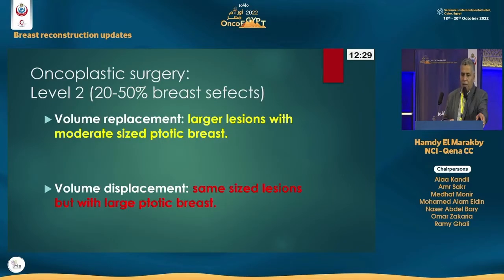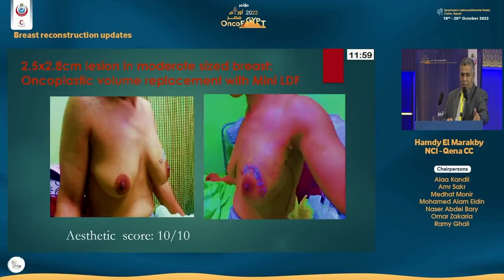With larger defects that amount for 20 to 50% of the breast, you may have to do either one of these two novel techniques, such as volume replacement or volume displacement, depending on the size of the breast and the size of the breast lesions that has been excised as well. For larger ptotic breast, you can do what we call volume displacement. For small or medium-sized breast, you do a volume replacement with a variety of techniques, such as this patient who